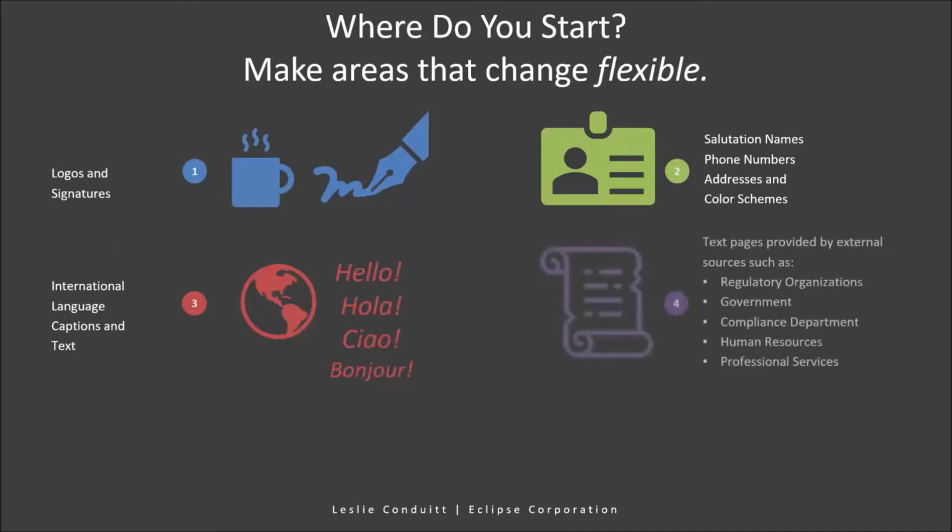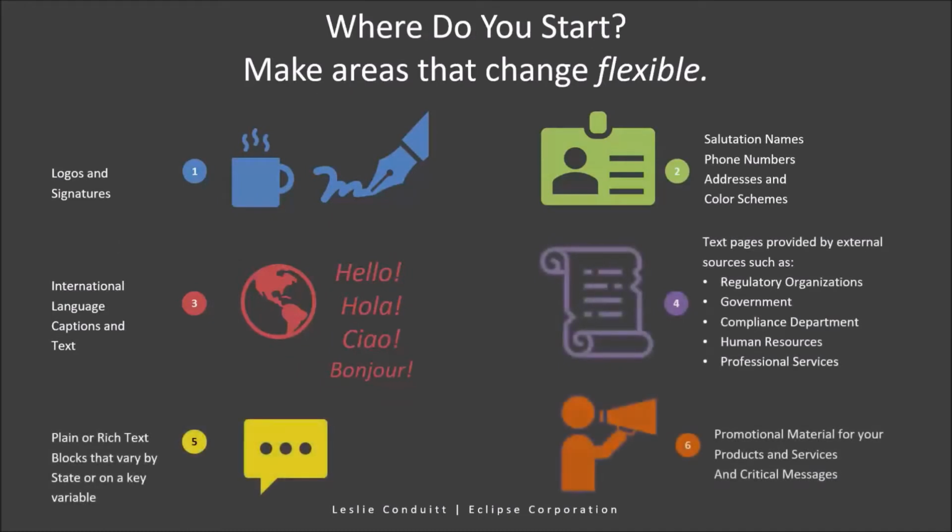So now specifically talking about how those changes impact us from the forms world, where would we start, and what areas can we use the new technology that's available today to help us with those changes, to become more flexible. So some of this is redundant, but really our logo changes and our signature changes, again, bottom of checks, logo changes for mergers, and even salutations of that signature area, those names are going to be changed. So that's dynamic. Our phone numbers and addresses and color schemes.